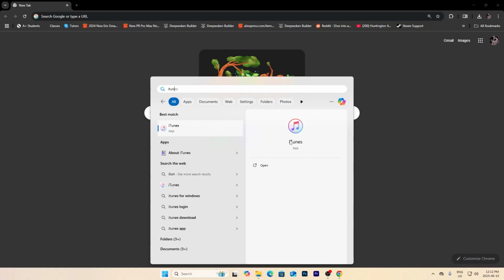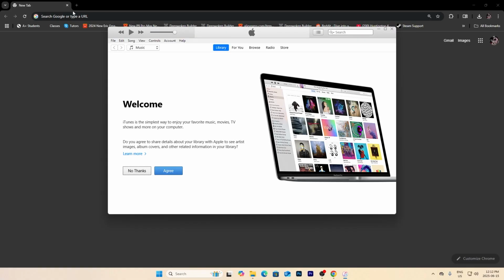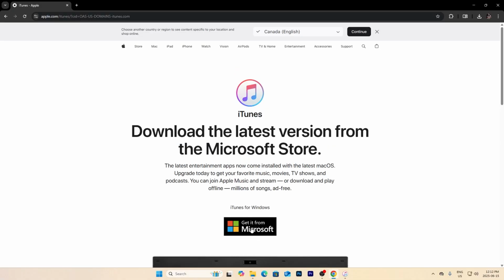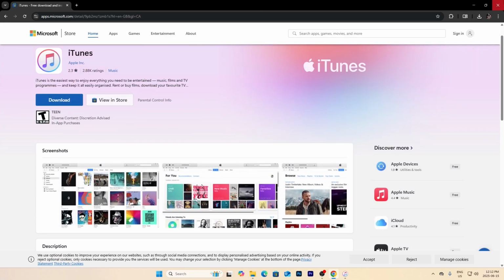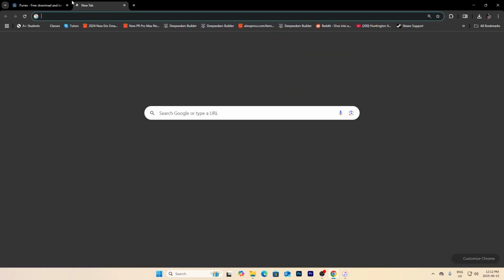First, you're going to want to download the latest version of iTunes. So I go to iTunes.com and press get it from Microsoft and press download. Okay, once you're done that, go to